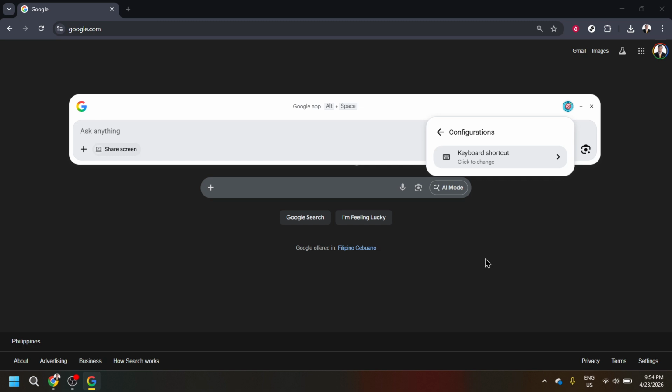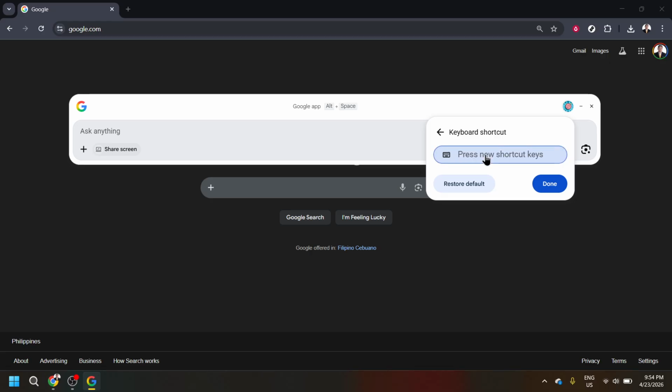Now, locate the keyboard shortcut control and click to change it. When you click the existing shortcut, the field becomes active and waits for your new key combination. Press the keys you want to use all at once, typically a combination like Ctrl, Alt, or Shift, with a letter or function key. For example, Ctrl+Shift+G is a popular choice because it's memorable and unlikely to clash with common